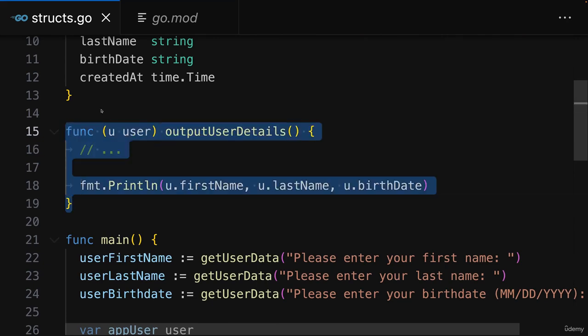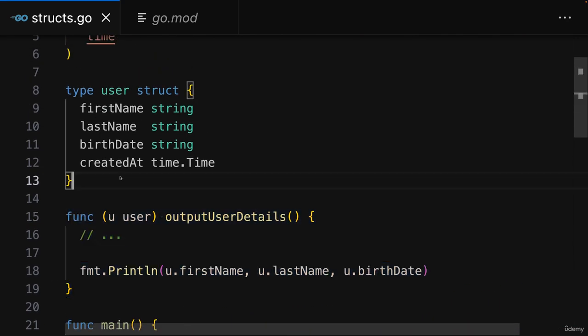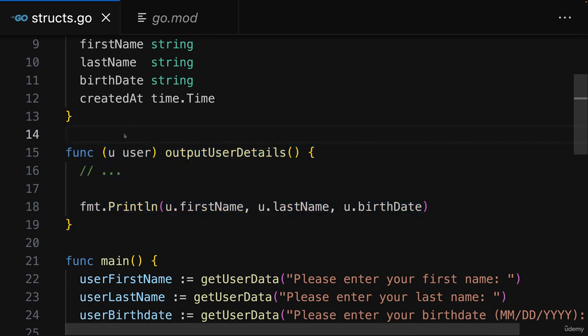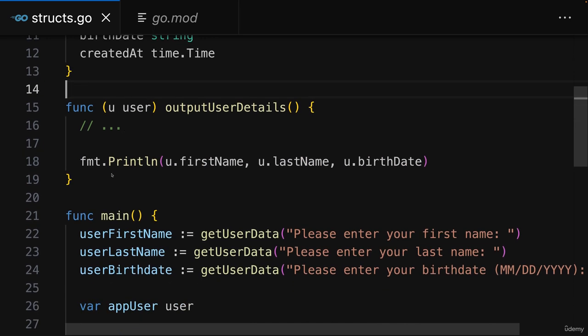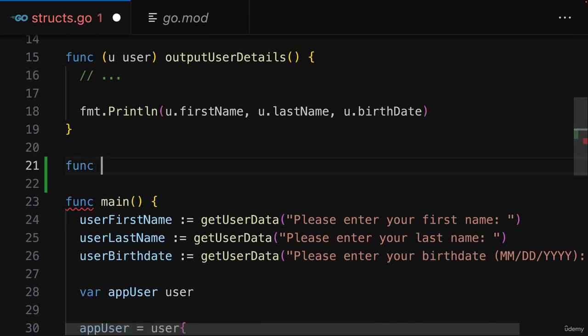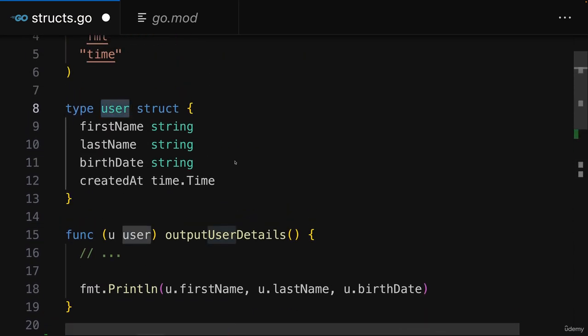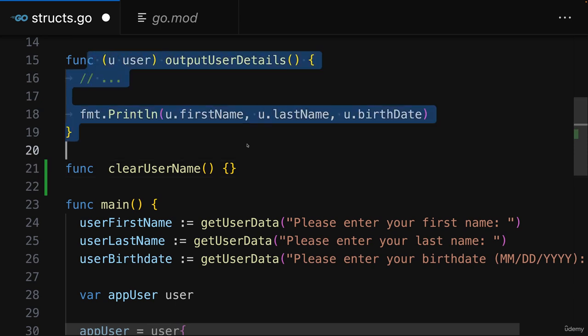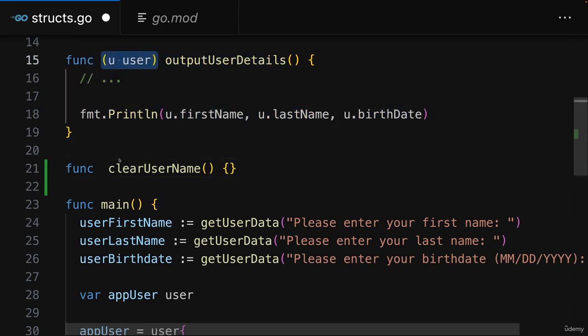Now, when adding methods to structs in Go, you're not limited to adding methods that output struct data. Instead, you can also add methods that change data in a struct. So for that, we could add a new function, which we maybe call clearUserName. And this function should be a method of that user struct here. Therefore, in order to attach it, we of course, just as before with outputUserDetails, add this receiver argument here,